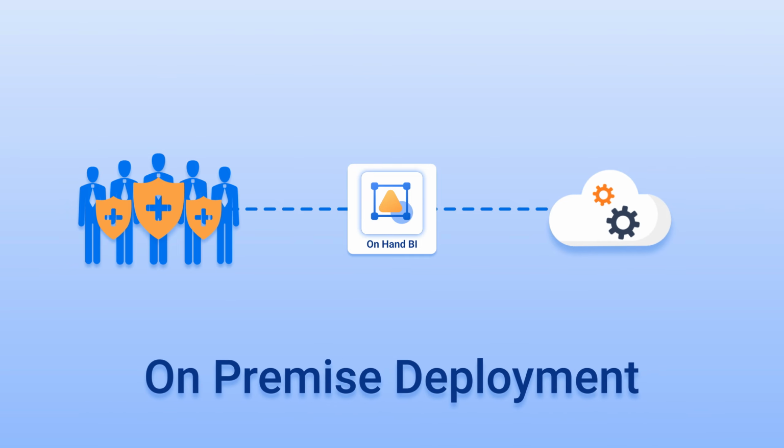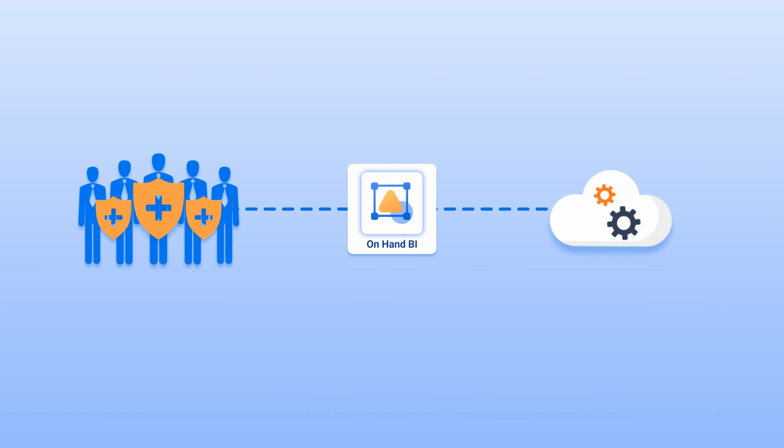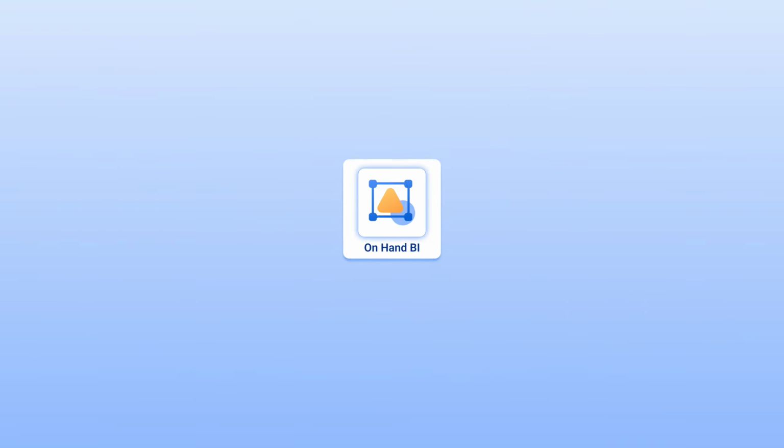On-premise for high security needs. For businesses with high security requirements, On-Hand BI also supports on-premise deployment directly on the client's server. On-Hand BI not only helps you save costs, but also provides flexible and secure